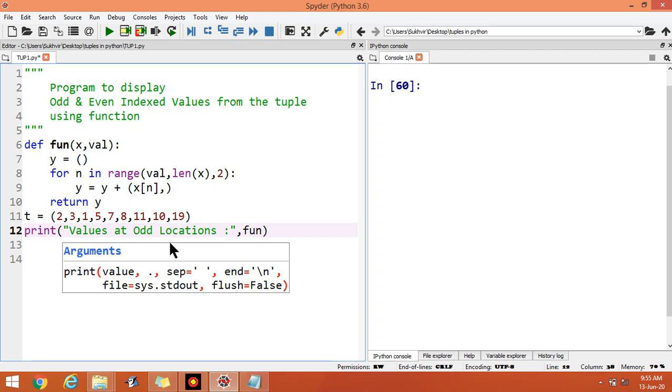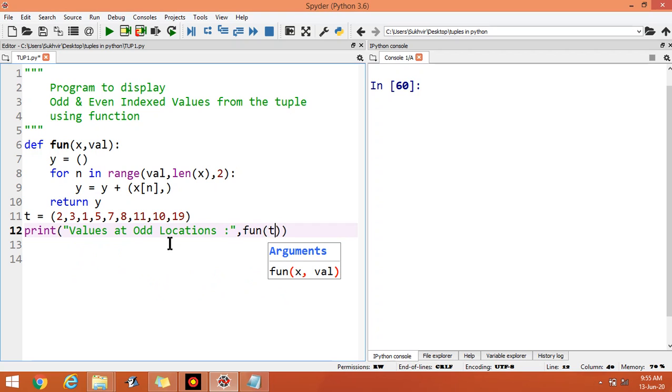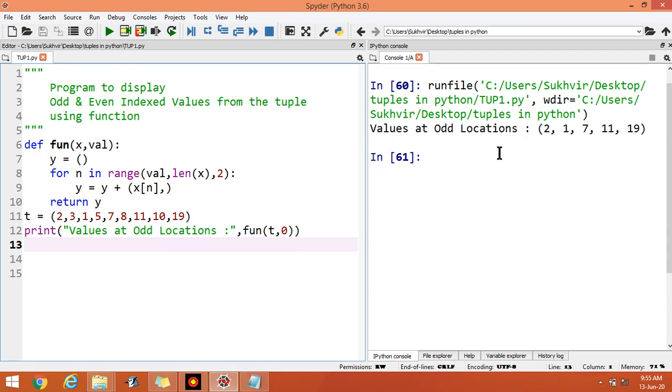You can pass the value t and 0. Let us check the output and explaining of program.